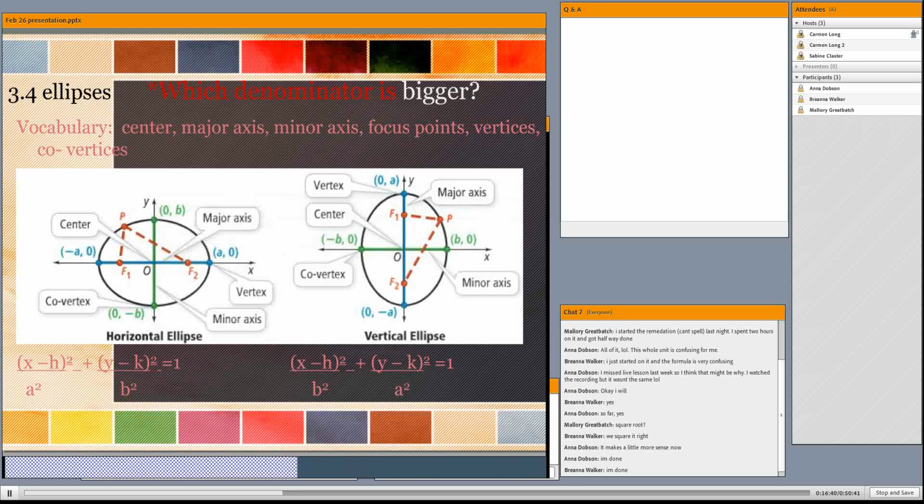Okay? So now, the other piece that you have to remember for ellipses, and it's a lot to remember, so it's important to get it piece by piece and get it down, is this is called the Pythagorean relationship. And it doesn't matter what kind of ellipse you're working with, it's always a squared minus b squared equals c squared. Remember I told you that c was the distance from